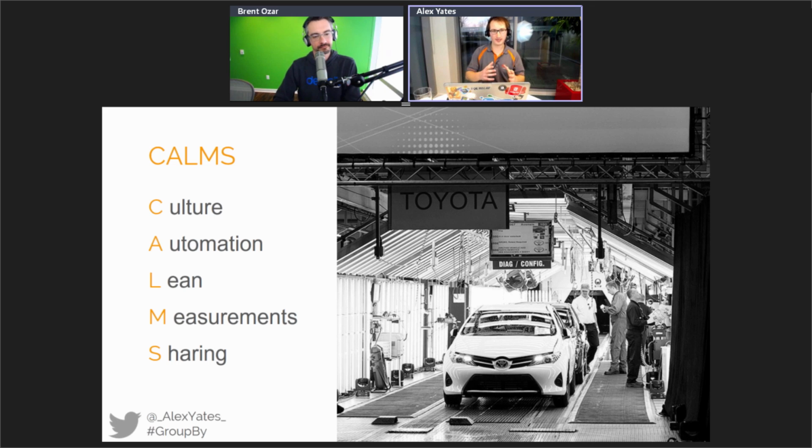So once you've built this culture where you're all working together, you're working collaboratively, you're trying to work very, very efficiently, we then want to be gathering as much measurements as we can. We're data folk, right? We love data. Again, that's not just data about the performance of SQL Server, but it's also data about whether my users actually use this stuff. Is it useful? Do they like it? What do they like? What don't they like? Are they paying money for it? Where's the money coming from? All of those really important questions to the business, let's get some data on that.